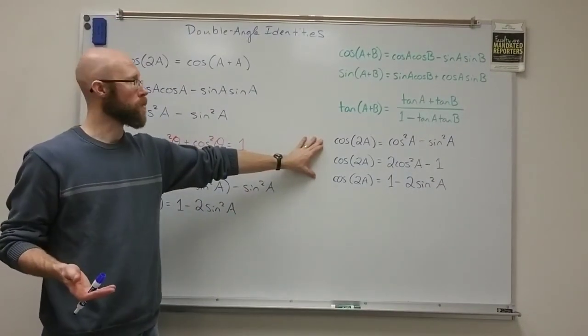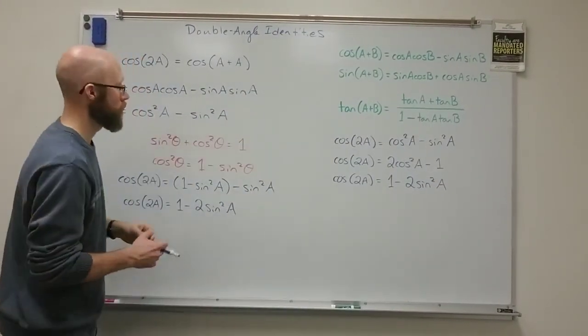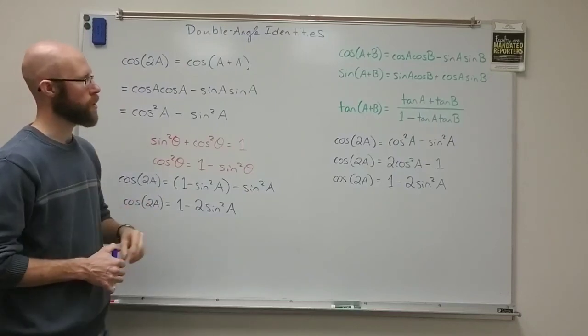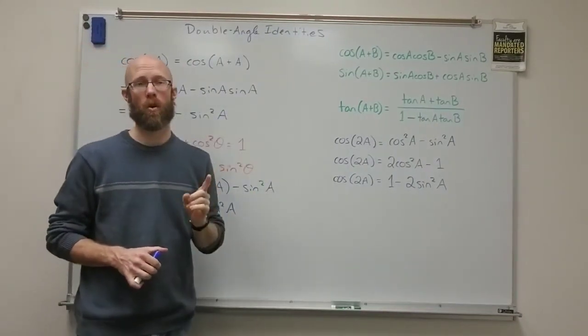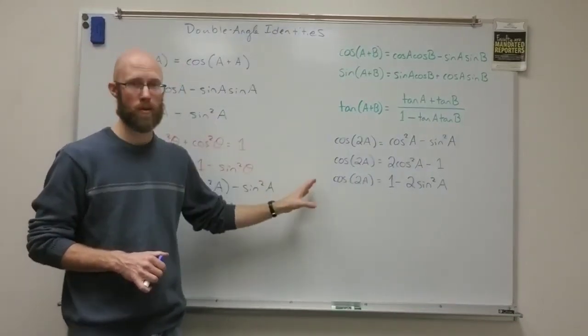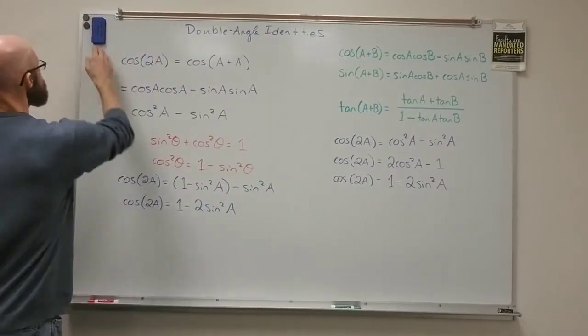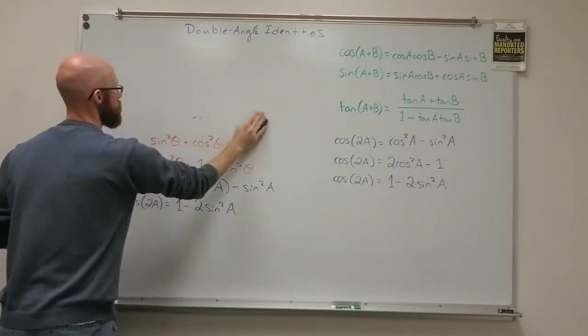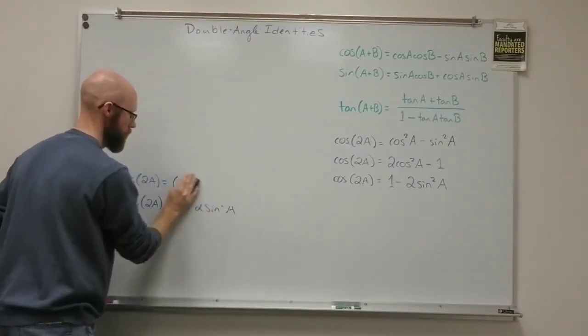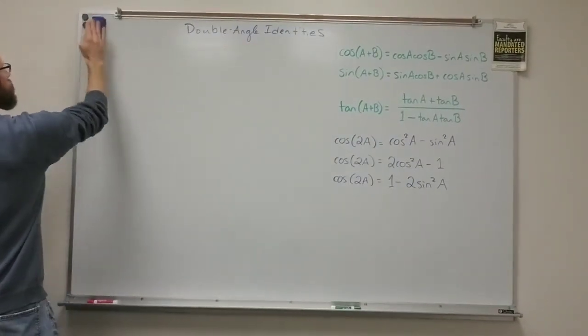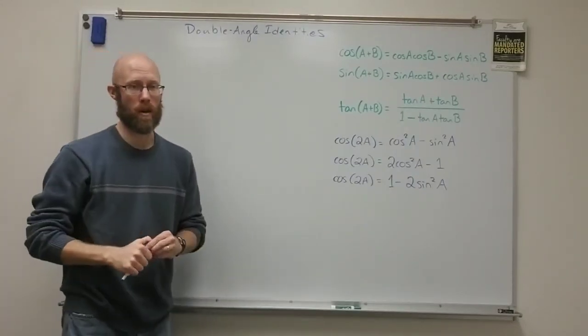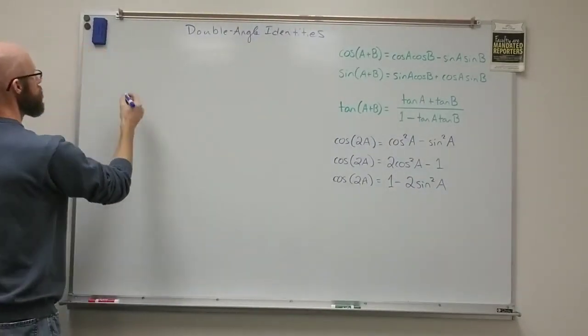Now let's develop a formula for the sine, right? The sine is a little bit quicker, and so is the tangent, because there's only 1 formula for those instead of 3. And you'll see why in just a moment. So let's get rid of all this. We'll start the derivation in a very similar way though. Right? So with the sine of 2a,